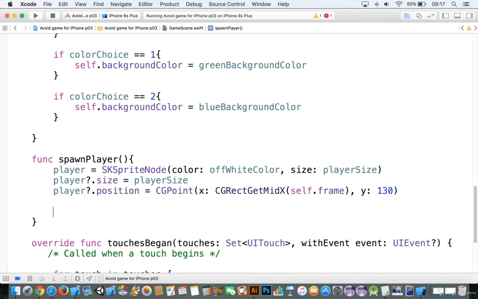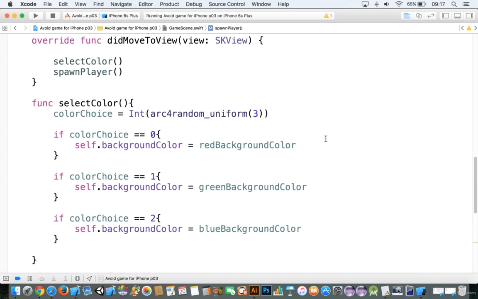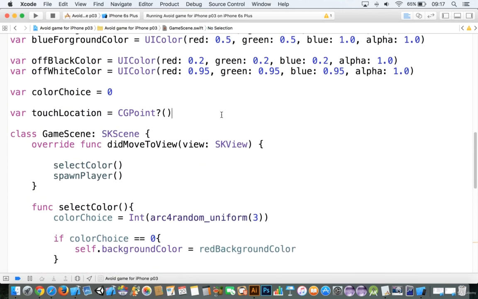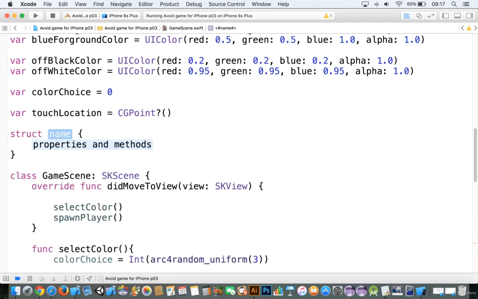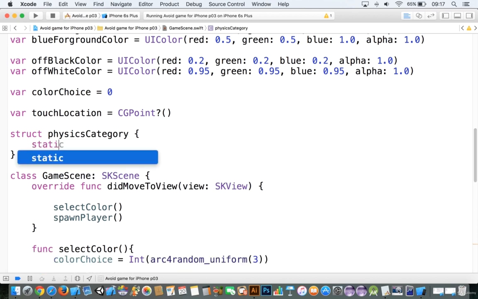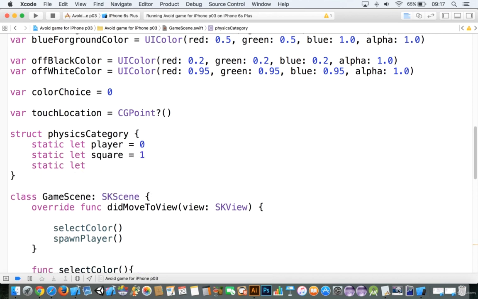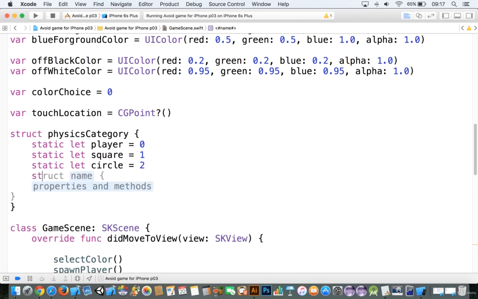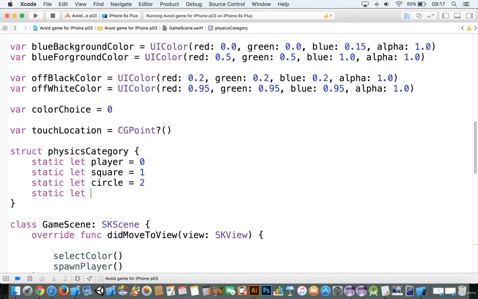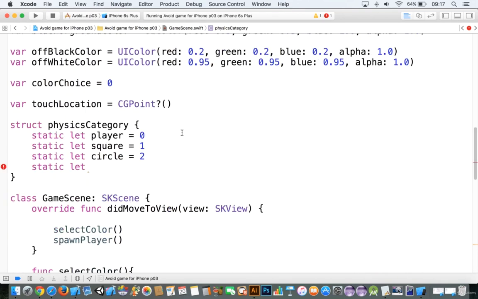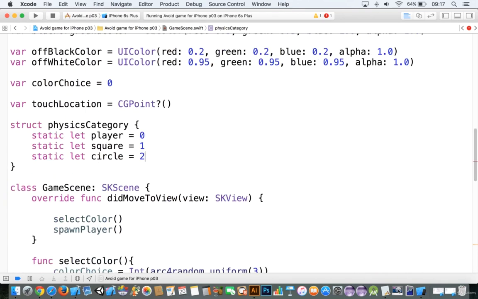And there we go. Now we need to add in a physics body. And in order to do that, we need to add in a struct. So we'll call this PhysicsCategory, and we'll say static let player is equal to 0, static let square is equal to 1, static let circle is equal to 2, and we do not need the star, so we only need 3 of these. So we got our PhysicsCategory, and what this is going to do is that when SpriteKit collides 2 objects,